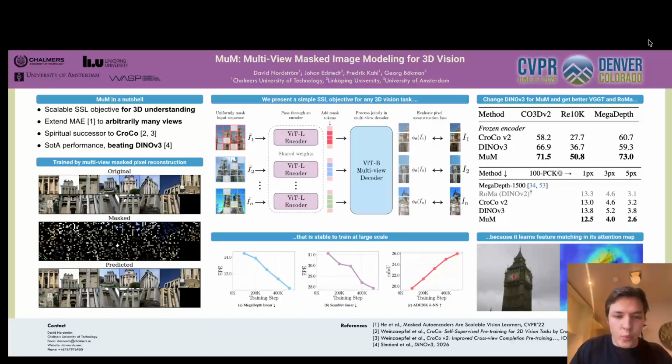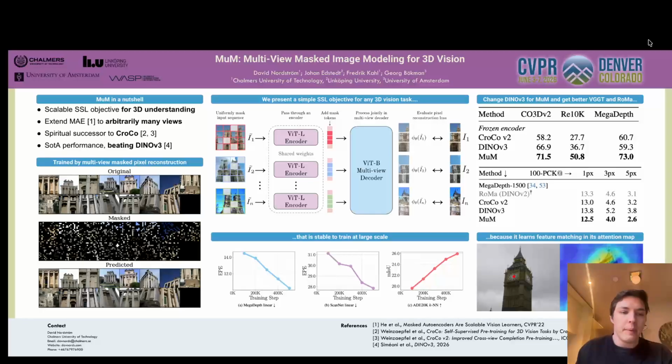So most of the work is done by the ViT, or Vision Transformer encoders, which are what we extract, the final product of our representation learning. And the multi-view information is propagated in the decoder, which is more lightweight and which we discard for most of our downstream use cases.